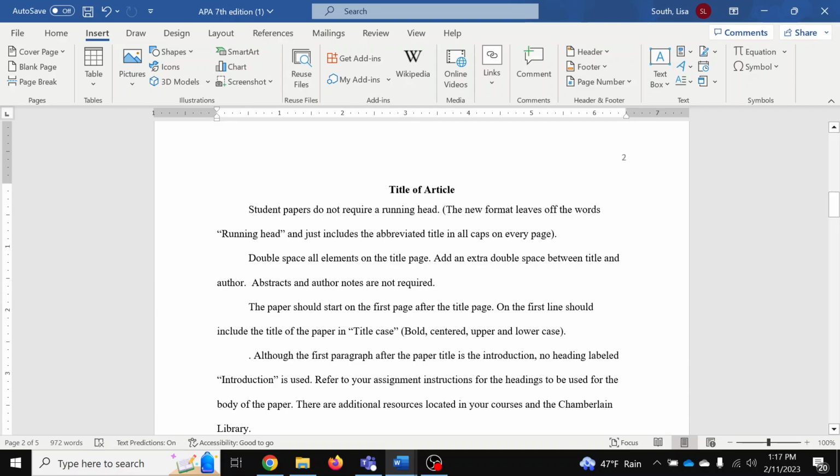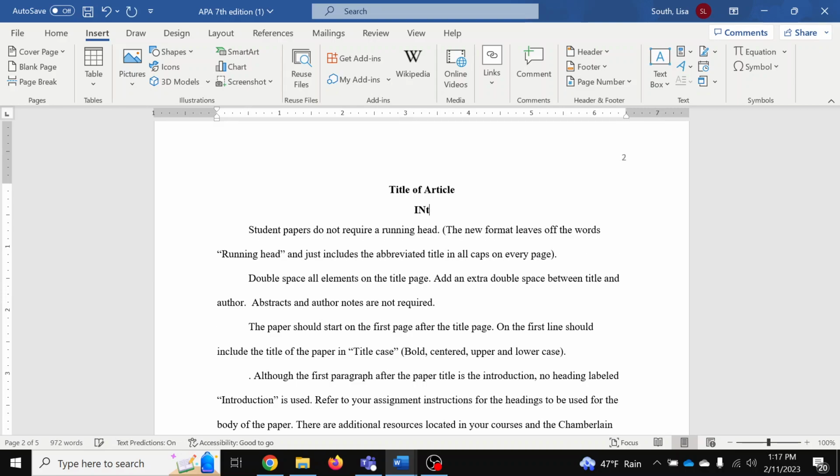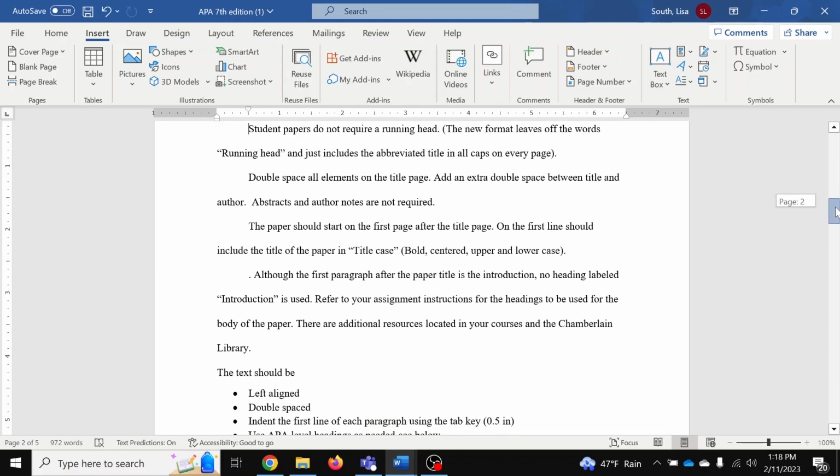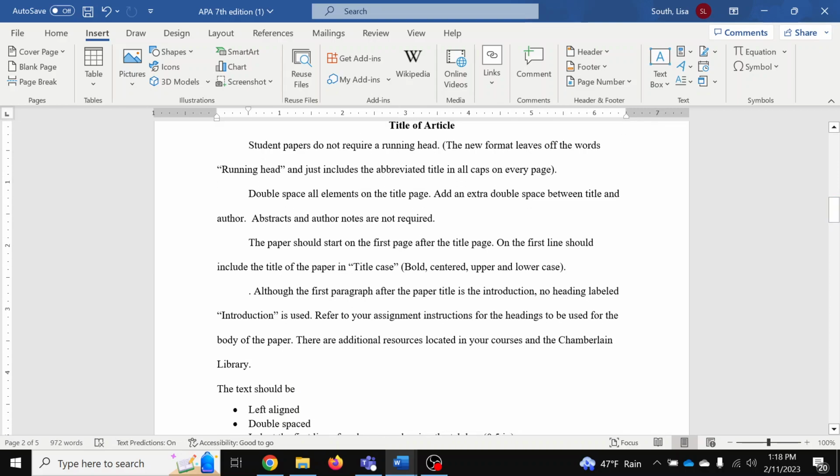So instead of putting another header under here for introduction, and that doesn't look real good because we've got two headers back to back. We're not going to do that. We don't need that. We're just going to start the introduction. Okay? These are little pointers, and I want to go through them, and then I do have the sample paper that we're going to fix too. So just remember,